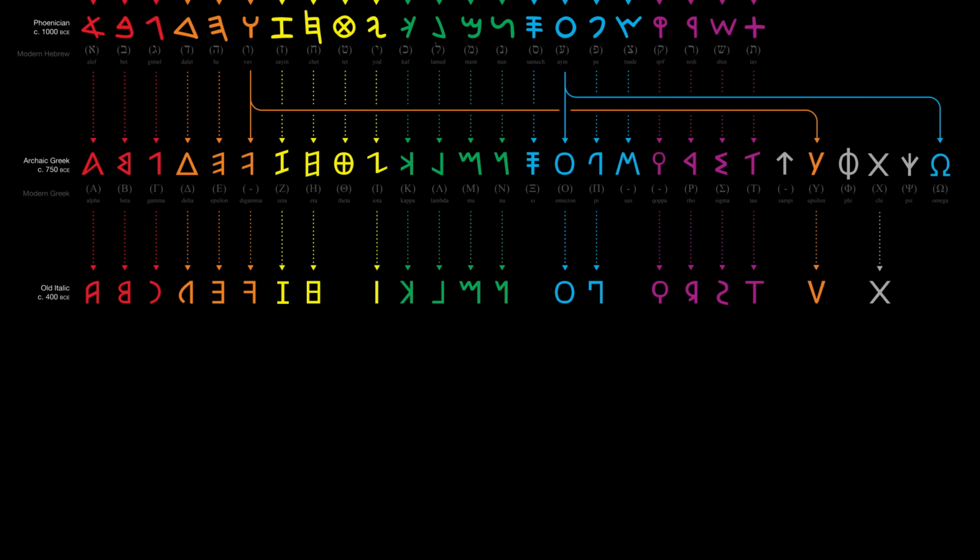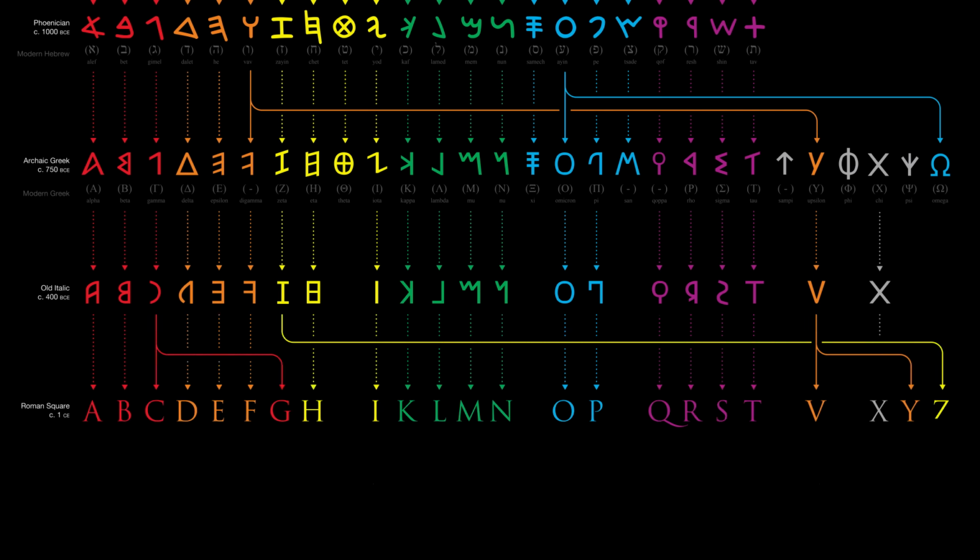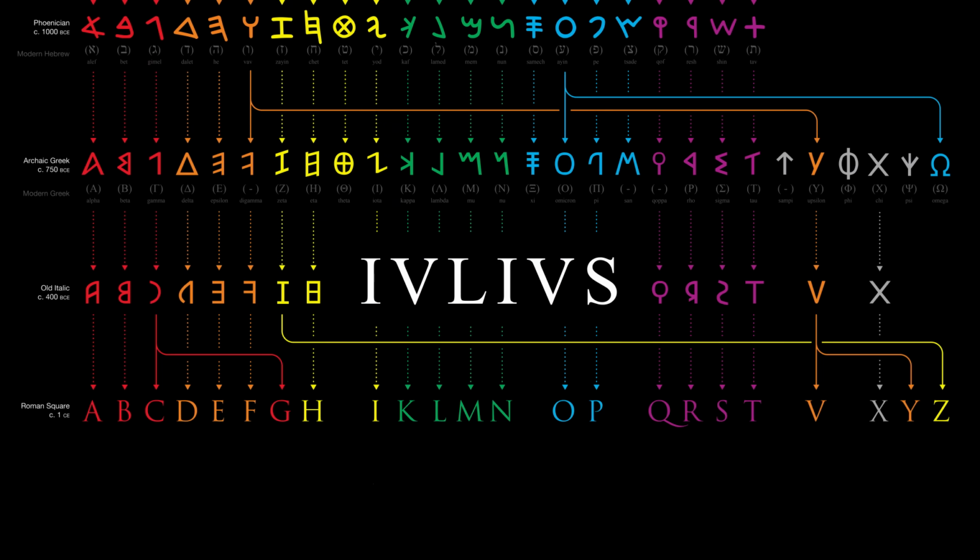It was during the period of the Roman Empire that the Latin alphabet reached the form that we know today. Although at this point, only the capital letters existed. It's important to note that the ancient Romans did not distinguish between an uppercase and a lowercase. It's also important to note that they did not have 26 letters like we do today. They had only 23. Missing were J, U, and W. So during the lifetime of Julius Caesar, his name would have been written like this.